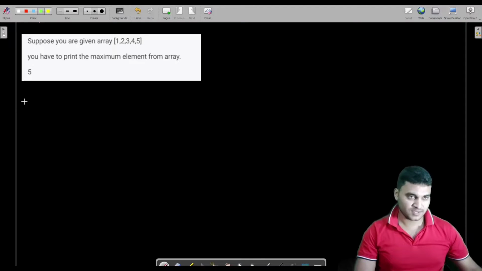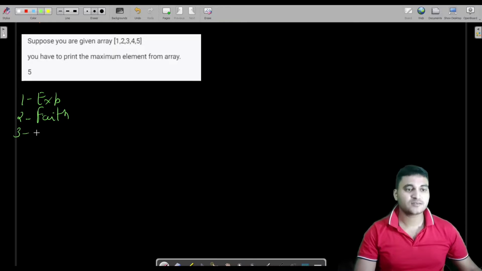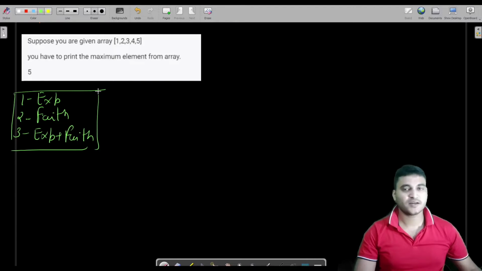There were 3 steps to solve recursive problems, which were expectation, faith, and third is meet your expectation with faith. I hope you are able to remember each and every point from this mechanism. These are the simple 3 steps to solve any kind of recursive problem. Of course, where we have level and option type of recursion, this mechanism won't work directly, but trust me, it works there also. I will explain how it is working. Let us wait till that time.